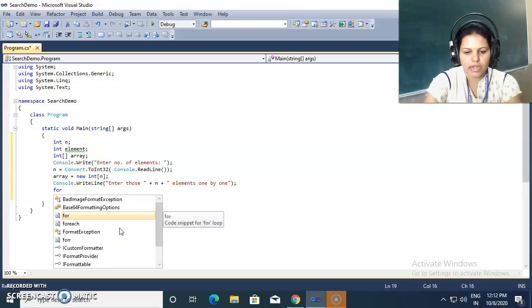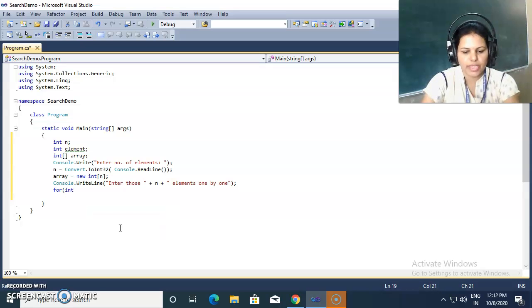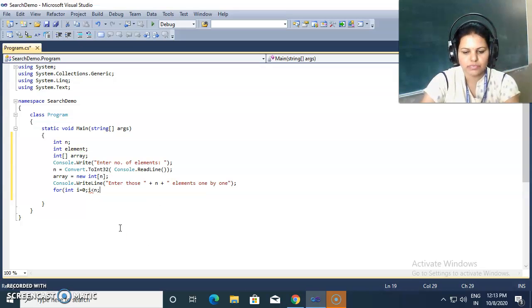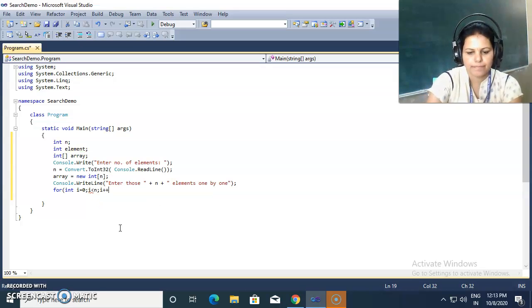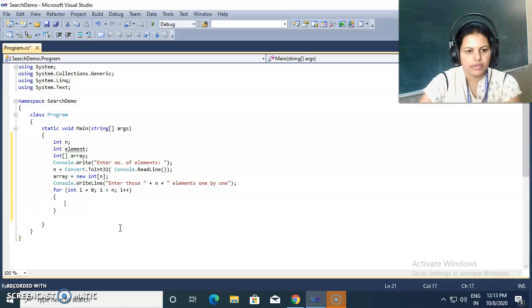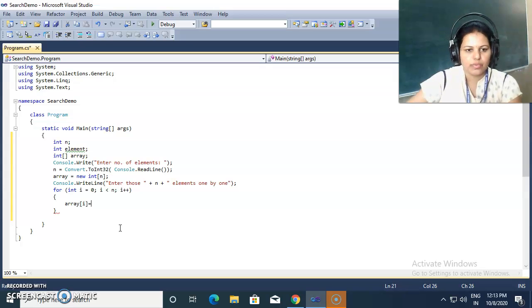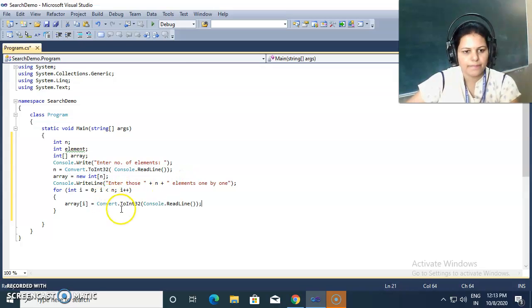So for storing n elements, I'm using here one for loop which goes from 0 to n minus 1. And I'm storing all the n elements inside the array. So I'm using this line here.